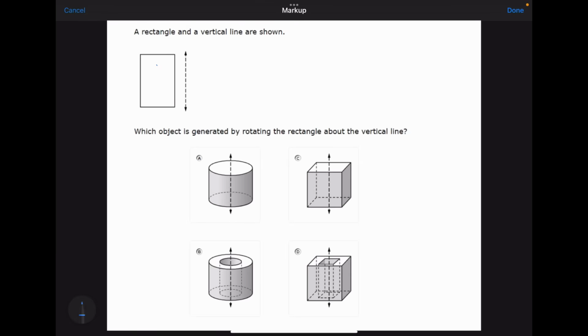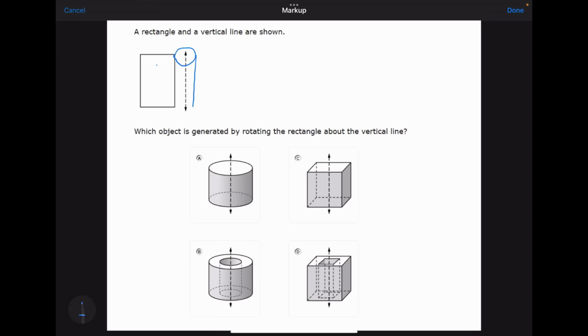So here we have question number 1. A rectangle and a vertical line are shown, and the question is asking us to pick which object is going to be generated when we rotate this rectangle about the vertical line. So the important thing to notice here is that there is some air gap between the vertical line and our rectangle. What that means is that when this object performs a full rotation, if we perform that rotation here,